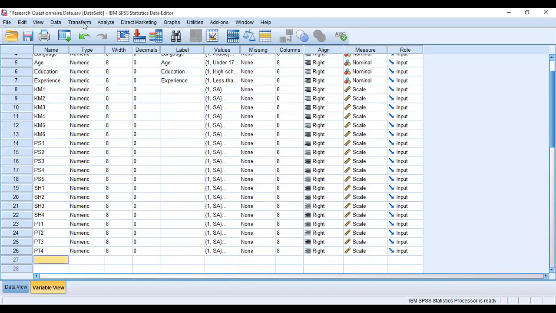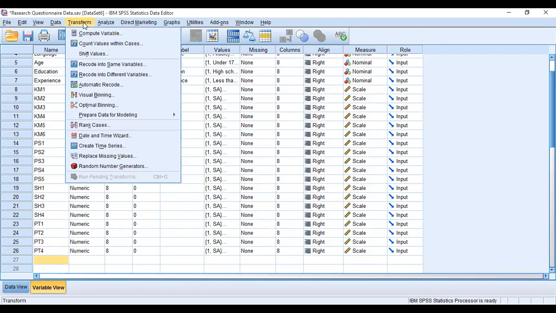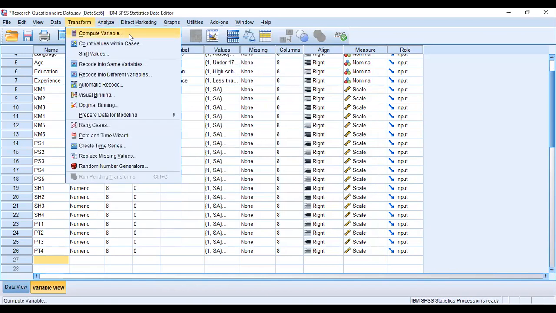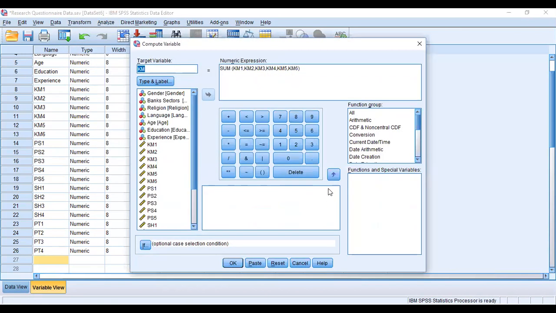Click on the Transform tab and then click on Compute Variable. We need to compute the variable. What should we do?